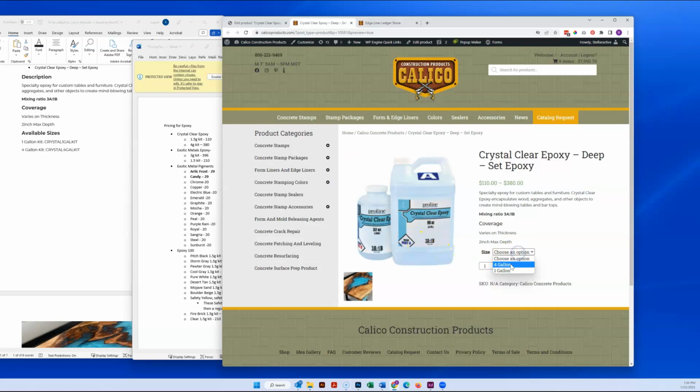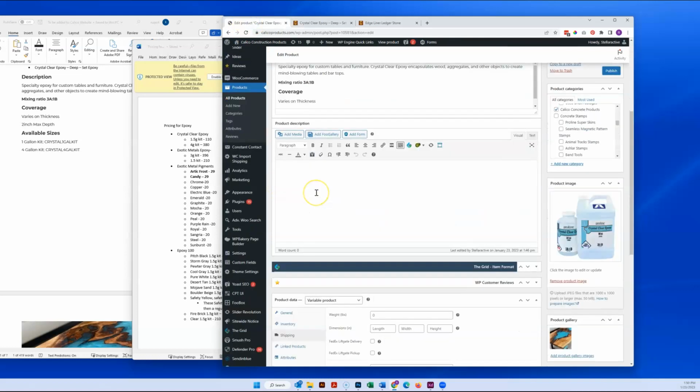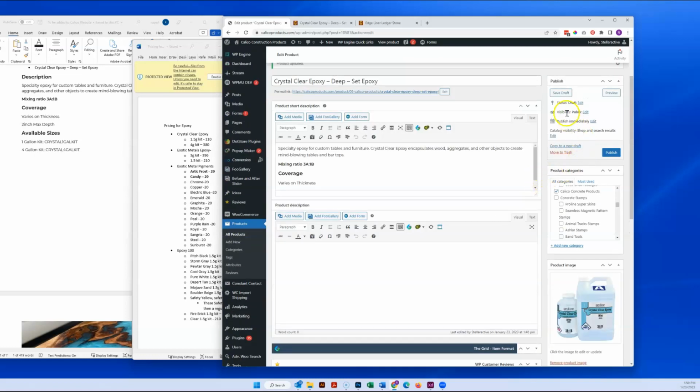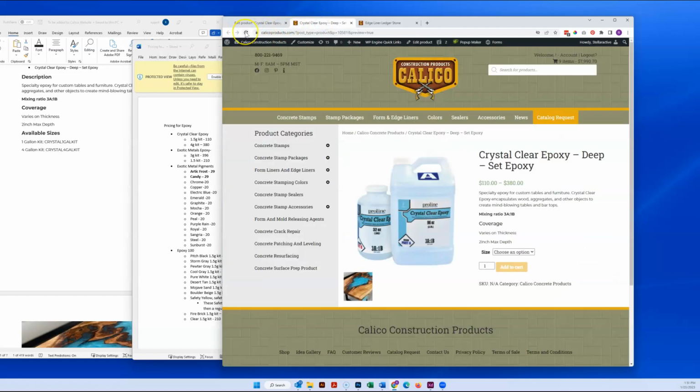So it does look right now like the 4 gallon is first and the 1 gallon is second. I'm assuming that should be the opposite. So we can come back down here to our product data. We can come back down to variations. And right here you can see these 3 little lines. That's where you can click and hold and drag and change the order of those there. We should be able to save that. And once that's done saving,